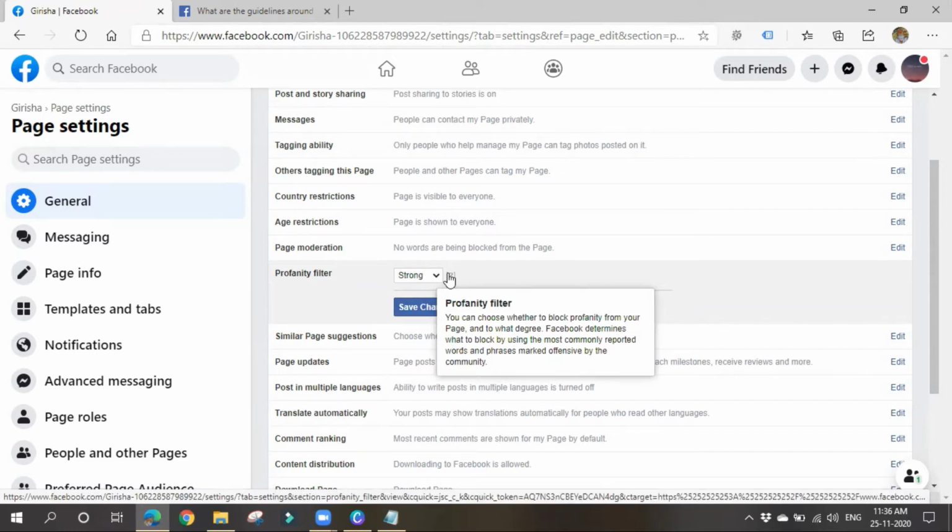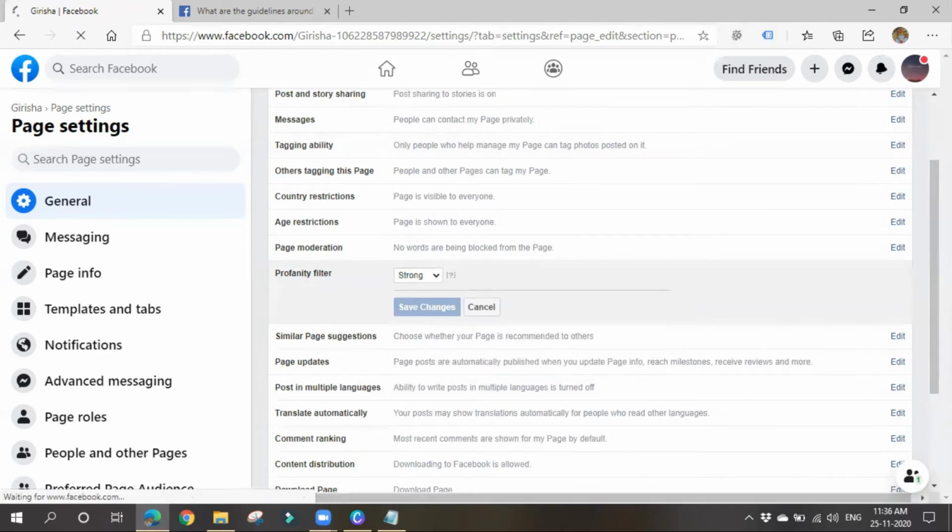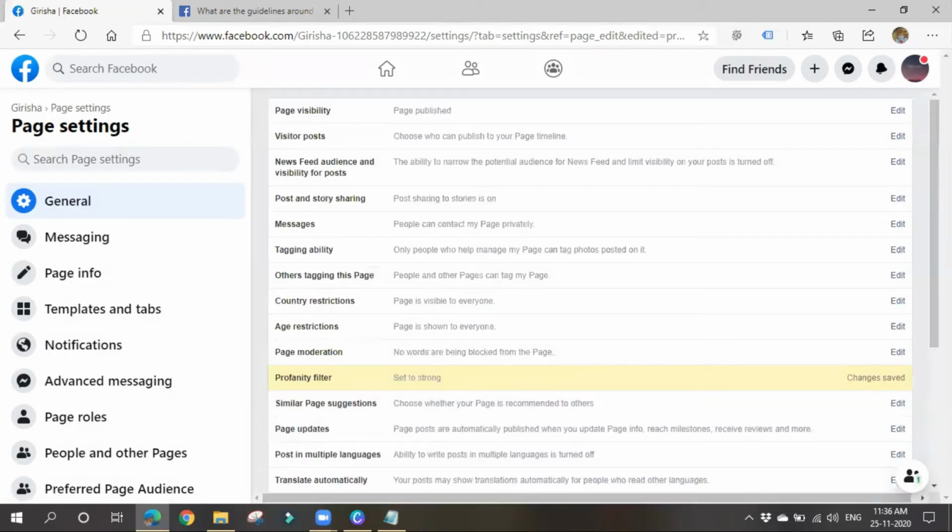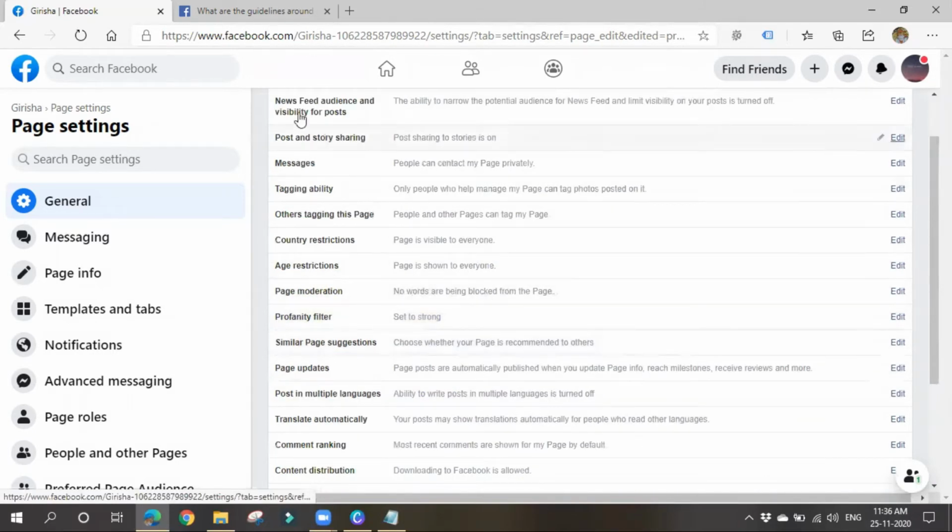To what degree means to what extent you want to block this profanity. So I'll make it strong. Save changes. I don't want any kind of abusive posts on my page, that's why I'm making it strong, right? You can also see various things, but in my opinion, these three options are important to be done.